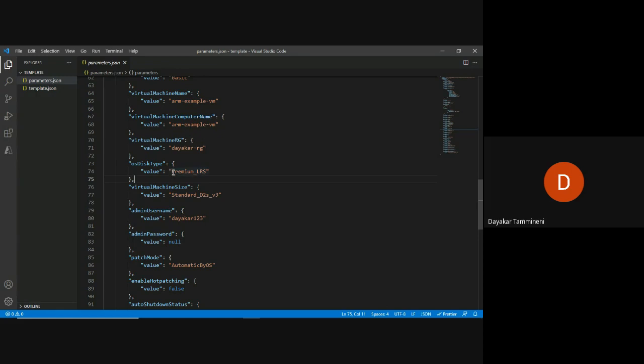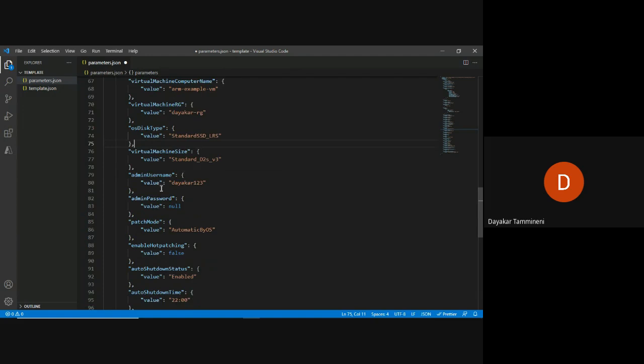That is why I want to change this premium SSD to standard SSD. Now it is editable. Type it as Standard SSD_LRS. Keep the LRS as it is. We'll discuss LRS later. What I have changed is from premium to standard SSD. That is one change.